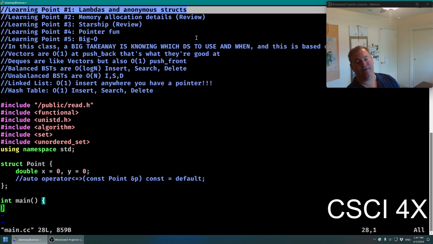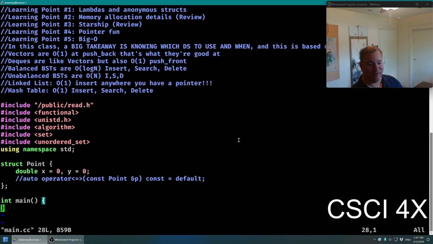First thing we're going to be talking about today are lambdas and anonymous structs, anonymous functions, things like that. Names are one of the hardest things in computer science. You'll see me struggling sometimes to come up with a good name for a variable. Like if I have to name a variable of type point, some point in 2-dimensional space with an x and y coordinate, I'm going to call it P, probably. I don't know. That's all I got. Names are actually really hard.